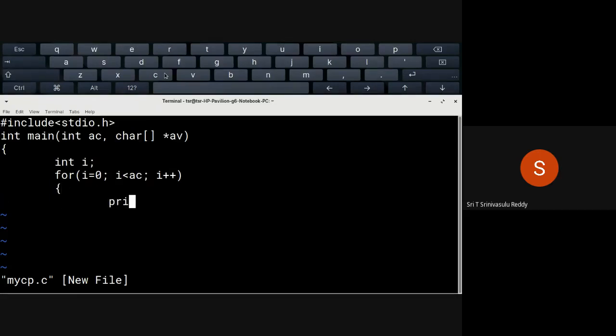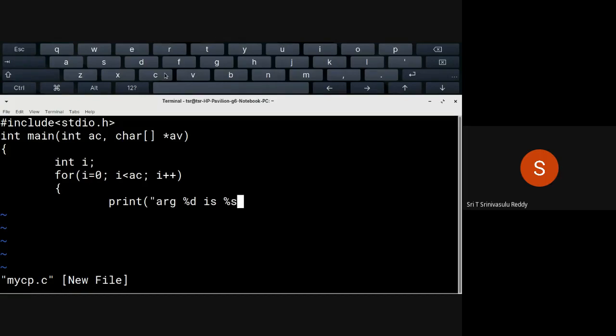We will just simply print to begin with, and after that we will extend our logic within this. So percent D, argument 1, 2, 3. What are the arguments here? Command line arguments are all words or strings basically.